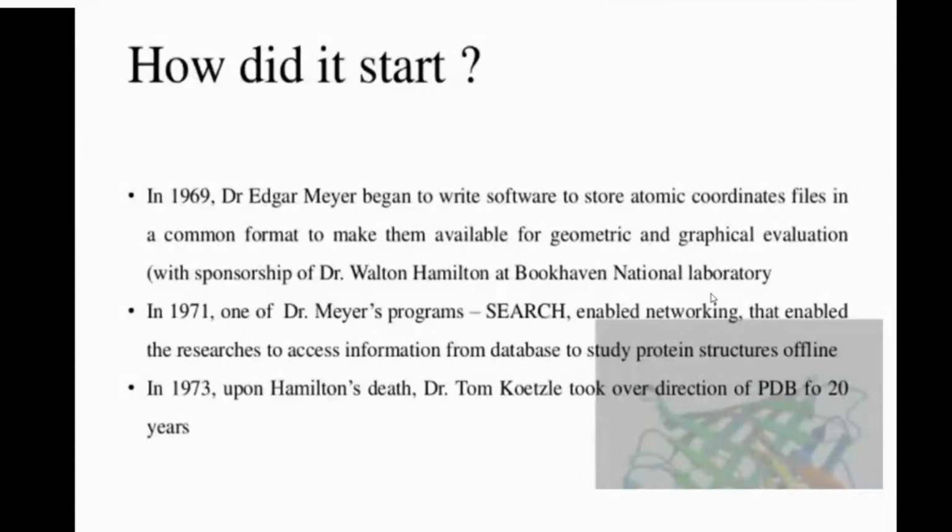Coming to the history, in 1969, Dr. Meyer began to write the software to store the atomic coordinate files in a common format to make them available for geometric and graphical evaluation. In 1971, Dr. Meyer's program called SEARCH enabled networking that enabled the researchers to access information from the database to study the protein structure offline. In 1973,